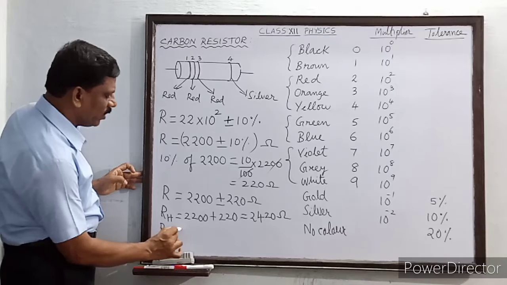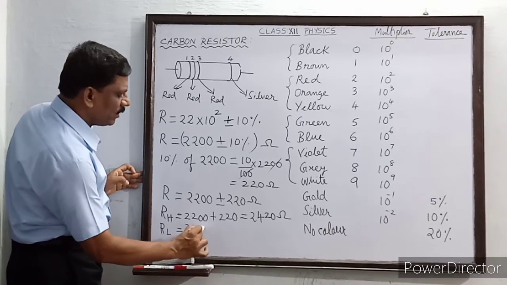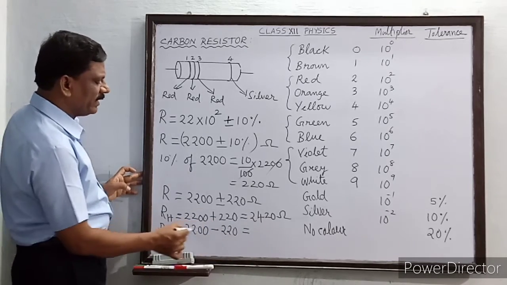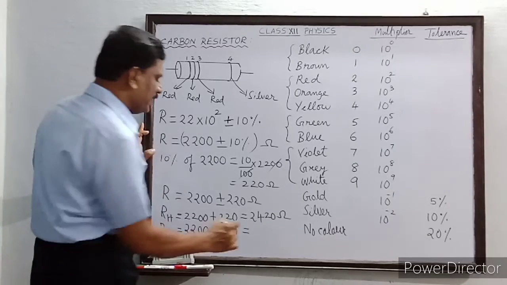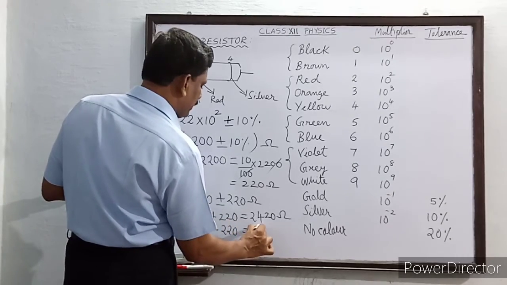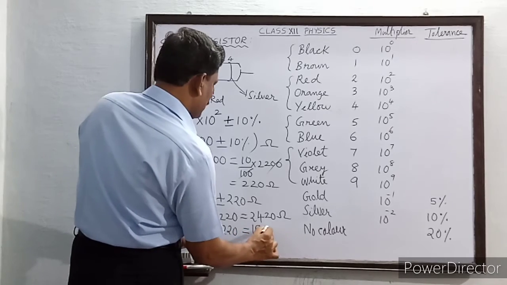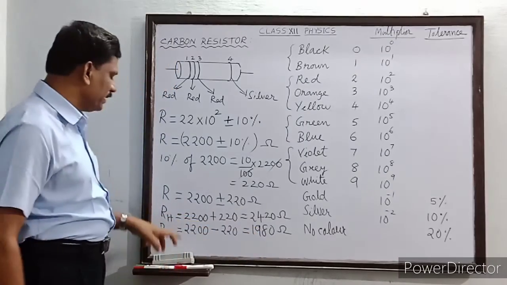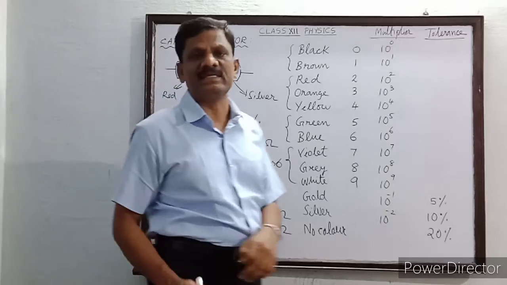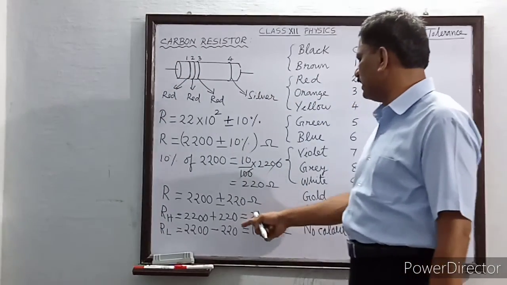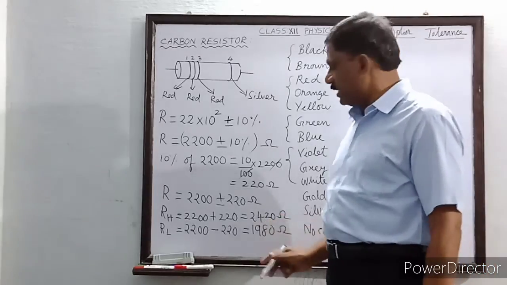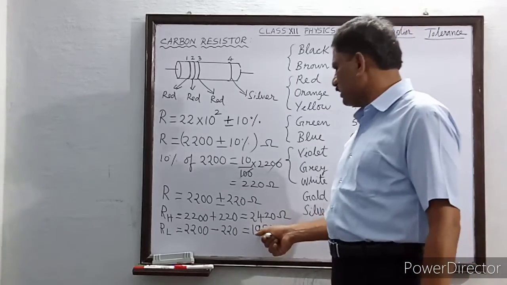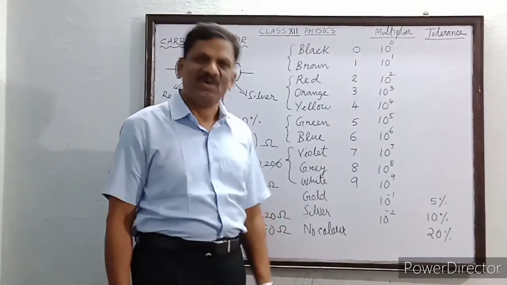Similarly, you can tell me now what must be the lowest value attained by the carbon resistor? 2200 minus 220. So this is 2000 minus 20, which is what? 1980. Is it not? So this is 1980 ohm. If you add 20, correct, it is right. So what should be the highest value of the carbon resistor attainable? It is plus 10%, that is 2420 ohm. And what should be the lowest value reachable by this carbon resistance? That is equal to 1980 ohm.